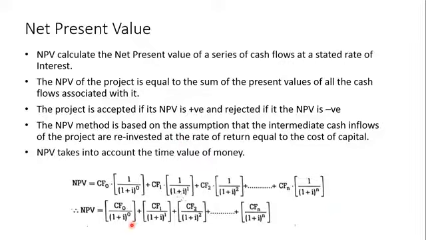Okay, so basically in the net present value method, if NPV comes 0, that indicates that the benefits of the project are just enough to recover the capital investment. It means there is only enough for recovering your capital investment and earning the required rate of return on that capital investment.